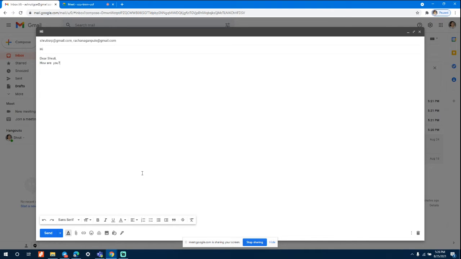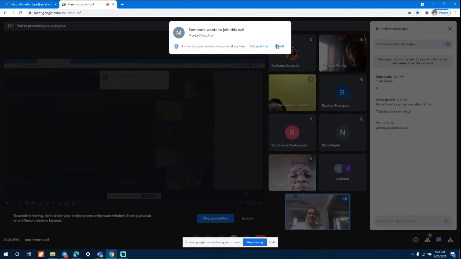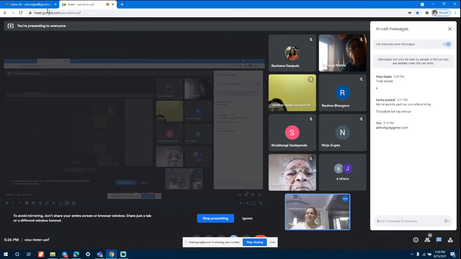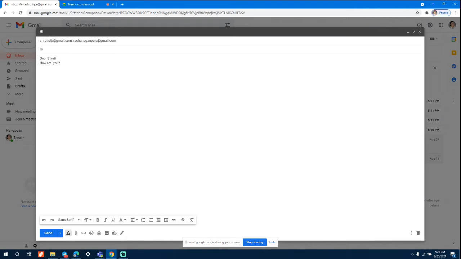Many times when you are writing a mail, you want something to be noticed, something which is important, you want to highlight something. So there are two ways of highlighting. Either you can bold it, so you can click on B, so it becomes bold, or maybe you can make use of the highlighter, but I would suggest never to do both the things.